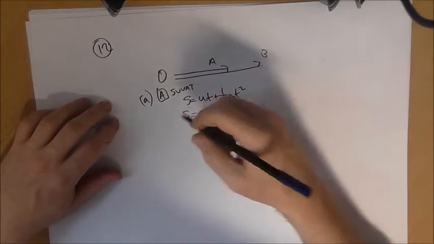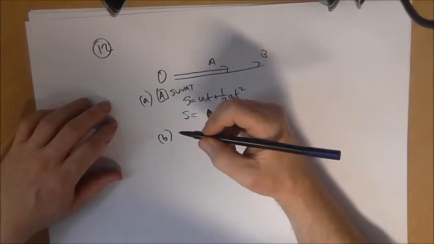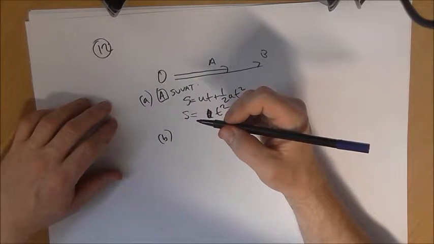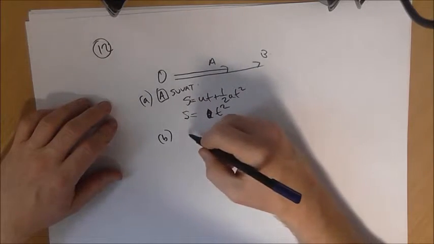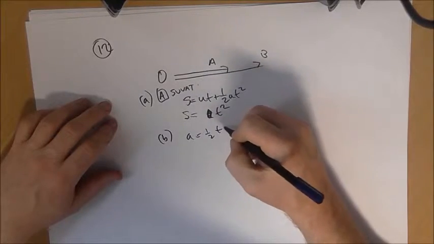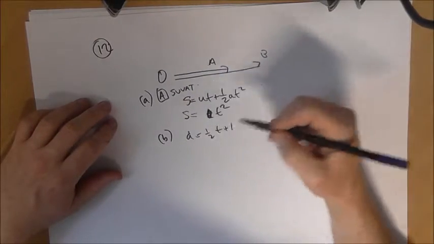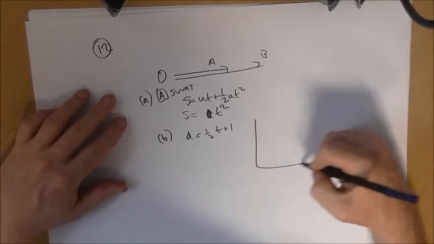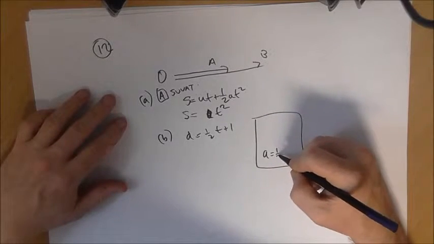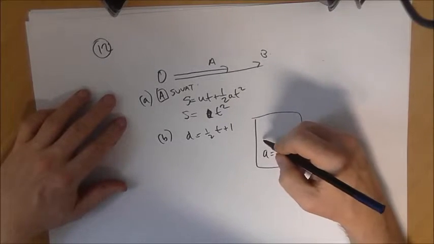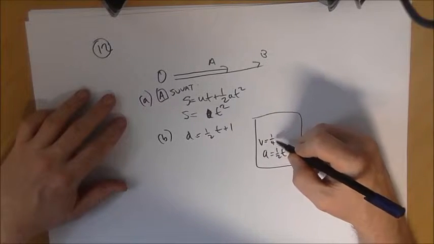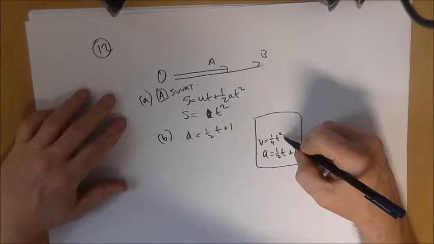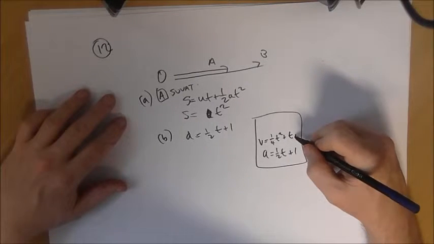Now, part B. Car B does not move with constant acceleration. It moves with variable acceleration given by this rule. How do we get the displacement with this? Not with suvat, but rather with integration. So half t plus 1 will become v equals a quarter t squared plus t plus